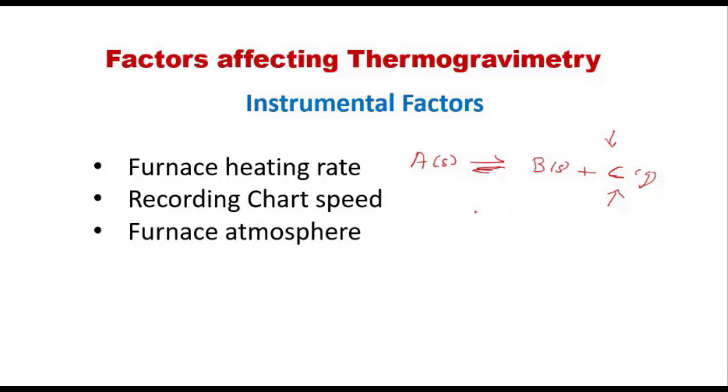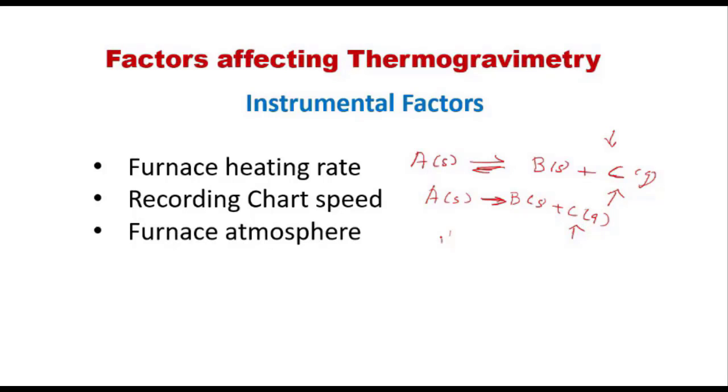So in such cases, it will affect the reaction. But if you have a reaction like A solid giving B solid plus C gas, here it is only in one direction. It is not a reversible reaction. In this case, if you have the same gas C in the furnace, then this won't be affected during the